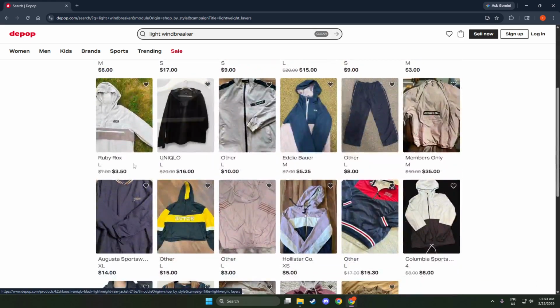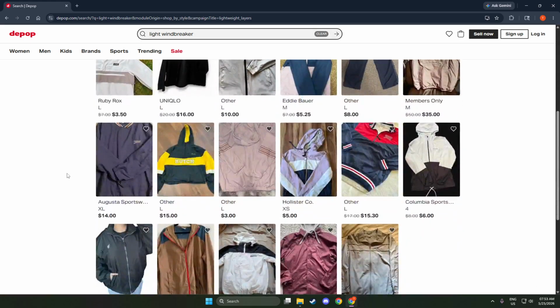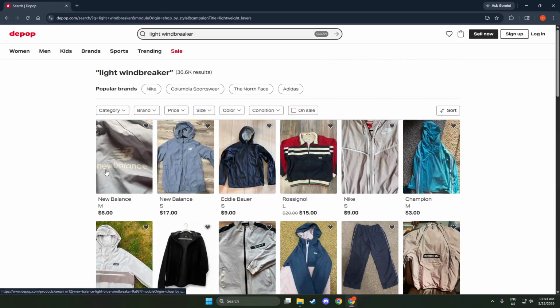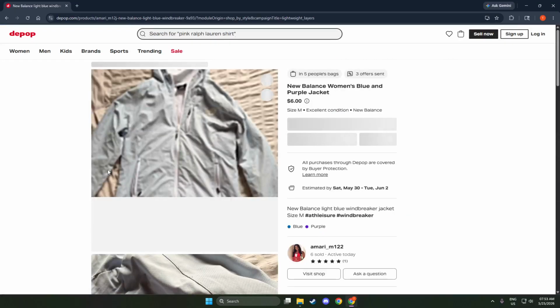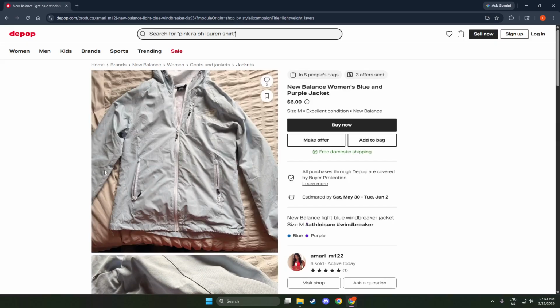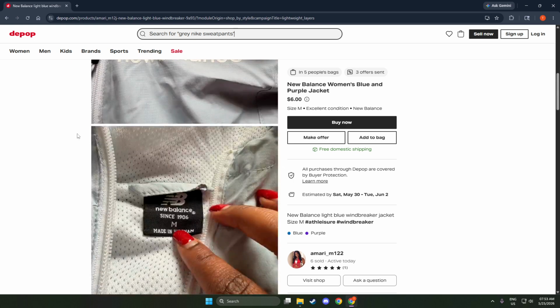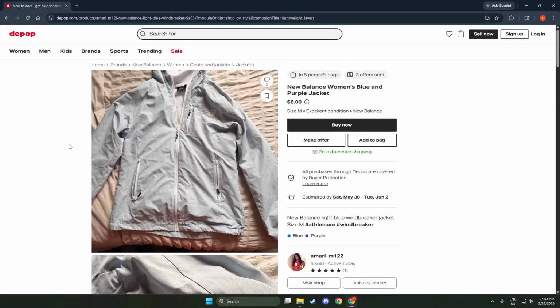Next, navigate to the exact page you want to share. This can be a single item's page if you want to highlight a particular listing, or a seller's profile if you want to share their whole shop. If you're not already on the page, use Depop's search bar or your feed to find it, then click into the item or the profile so the page fully loads. You want to make sure the page shows all the details you intend to share, like the item's photos and description or the profile's grid of listings.